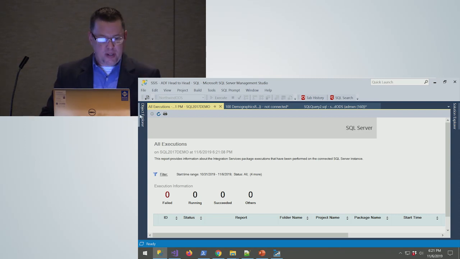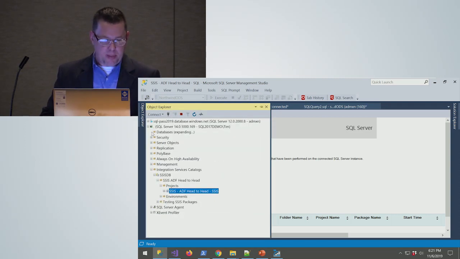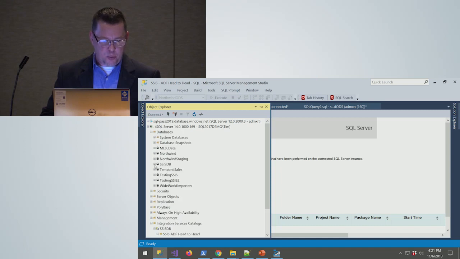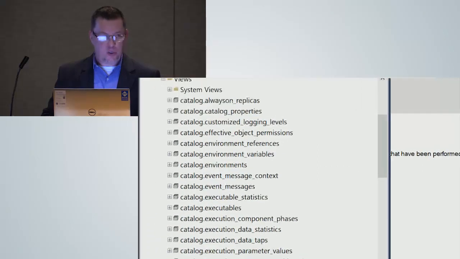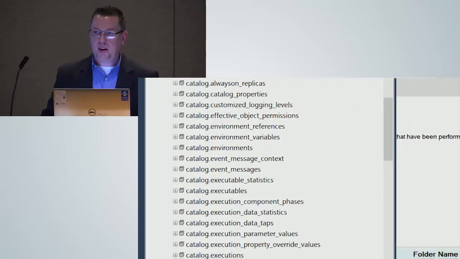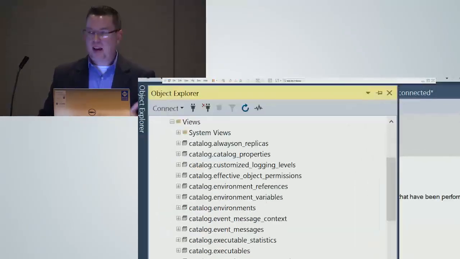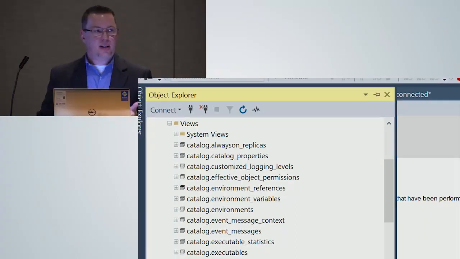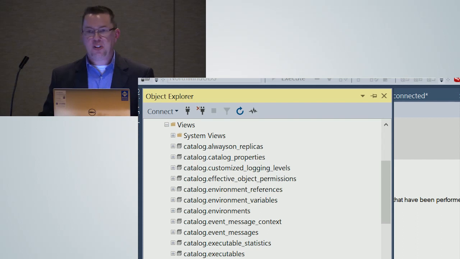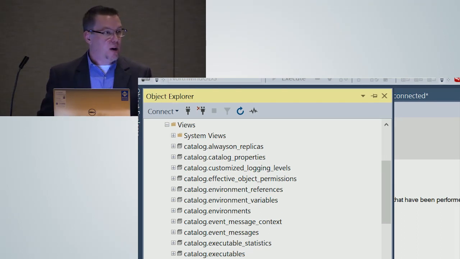What I prefer to do, and I've written a couple of different blog posts about this, is go directly into the SSISDB database. There's a very rich set of views that you can pull that same information from. Execution level, package level, project level, even task level and component level are all represented in there. It gives you as much granular information as you want. You can pull that out from the SSIS catalog tables.